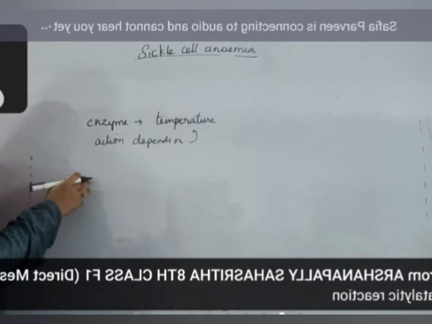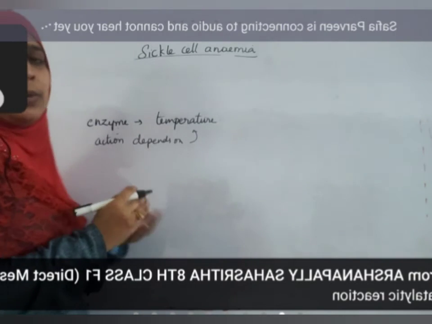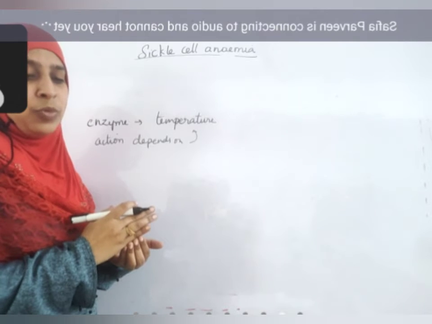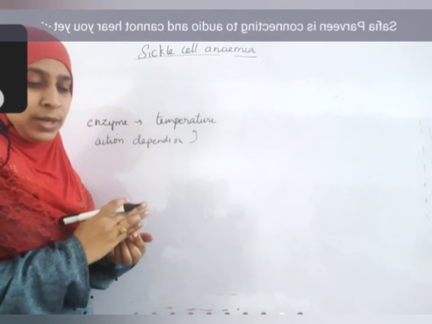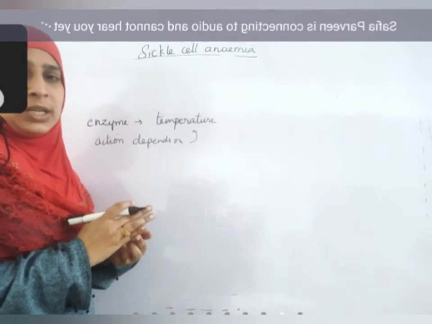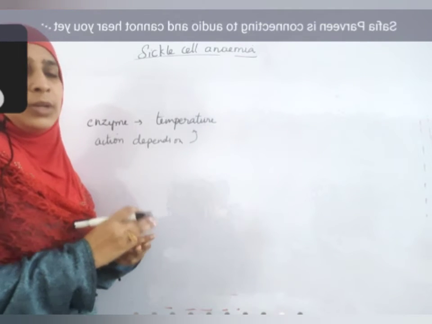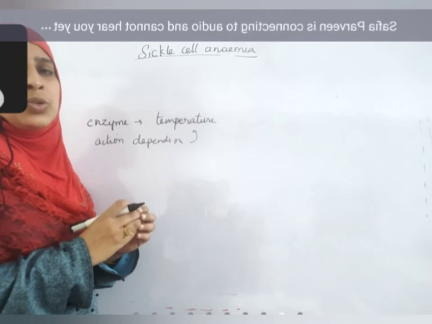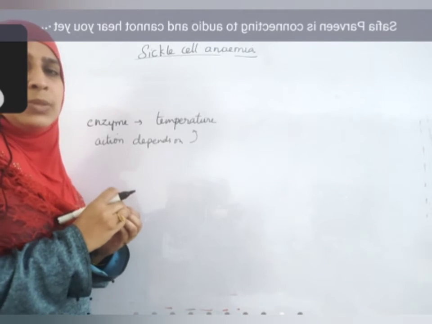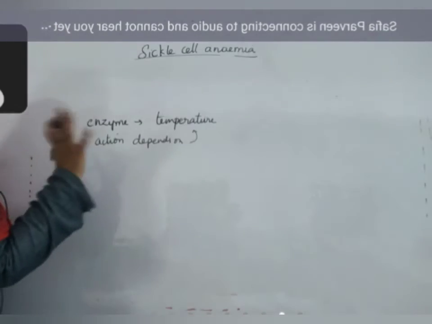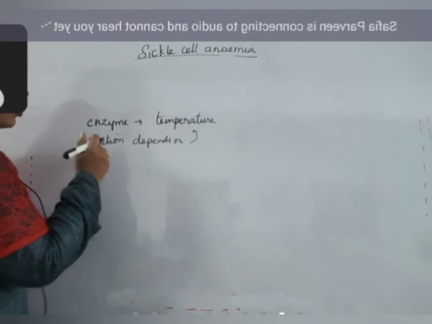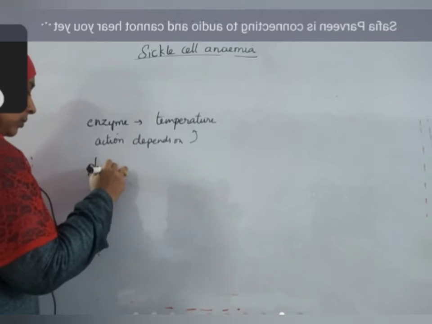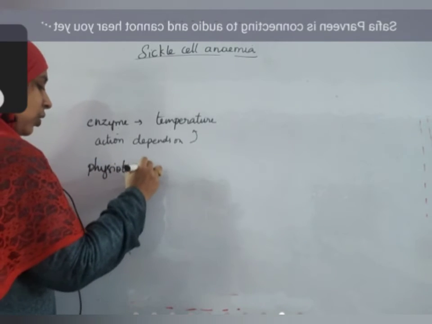So, for the transcription process, polymerase is required. For protein synthesis, when amino acids are binding together, ribosome is required. So all these processes require enzymes for functioning. So if there is no certain temperature, the production of protein does not occur. Second thing is physiological control. Physiological control is also there.